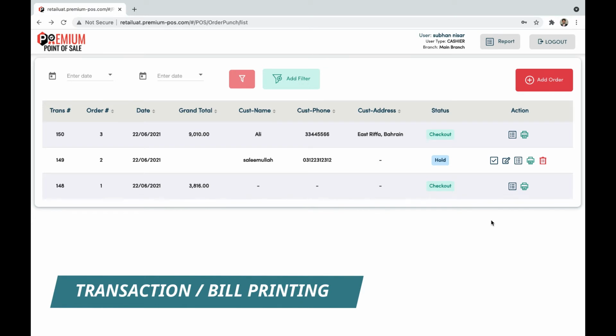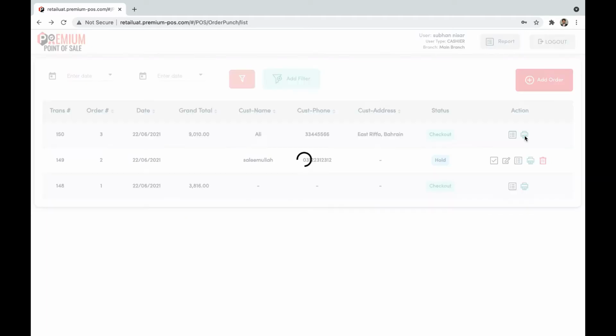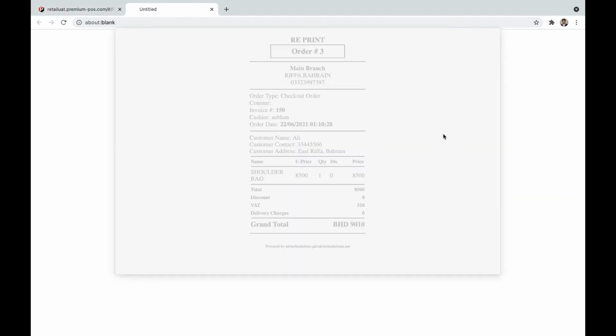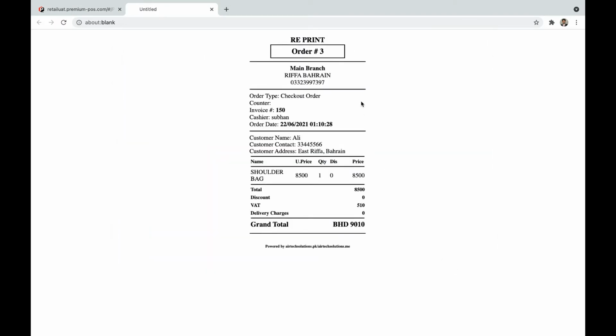We can also perform actions on all the transactions, such as printing the transaction by clicking on the print icon. When we click the print icon, a printing screen appears which prints a bill from the printer, and which includes information such as the order number, the branch information, in our case main branch, the order type, the counter number, the invoice number, the cashier, the order date and time, along with the customer name, contact, and address.